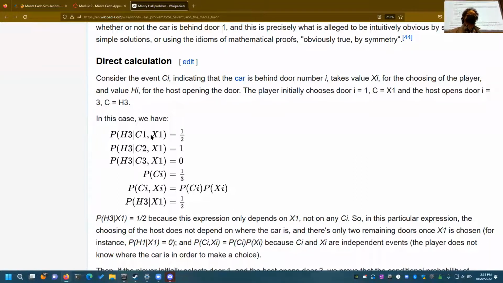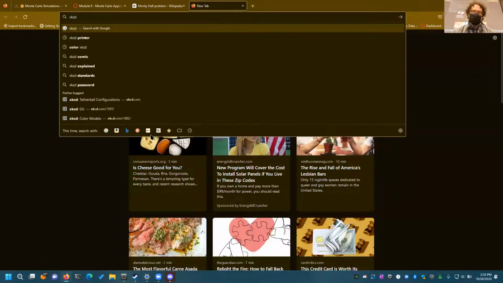Yes, Monty's reducing the space of possibilities, basically. He's always opening a goat. That's the important thing. It's always a goat that he's going to show. And again,